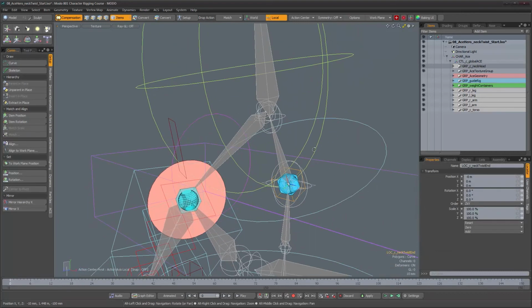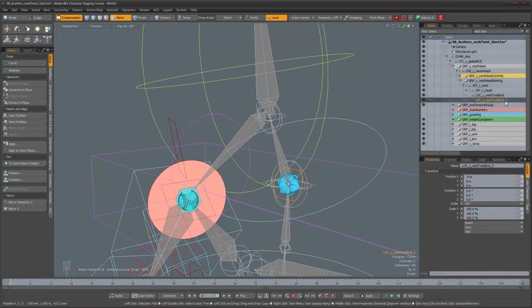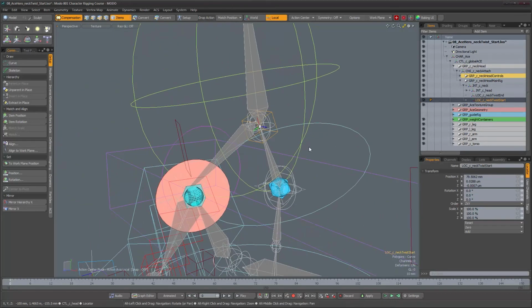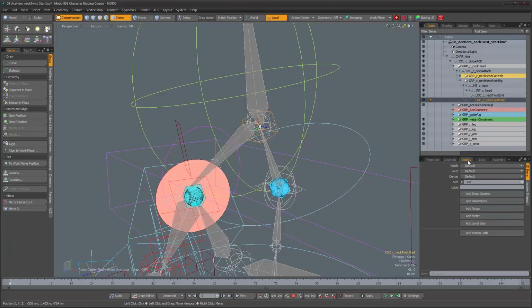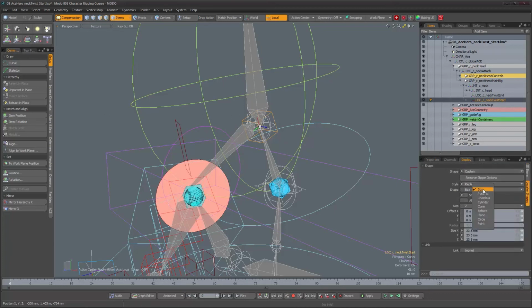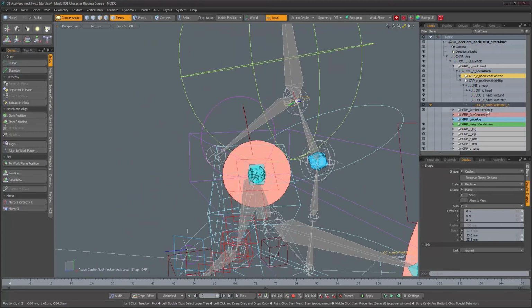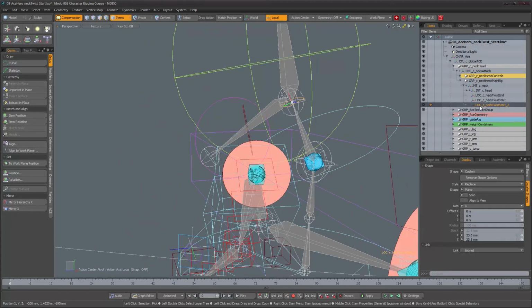All right, so now let's duplicate it, and we're going to rename the duplicate to twist start. Oops, last character. Okay, and we're going to match it only in position to the head joint, so the orientation remains the same. And we're going to change its display attributes to a plane oriented on the x-axis. Okay, and let's duplicate this guy one more time, and this is actually going to be our up vector